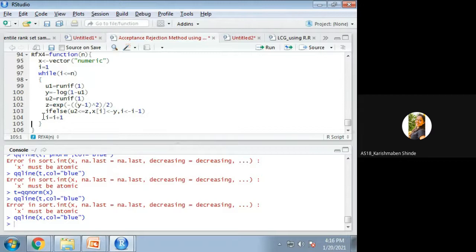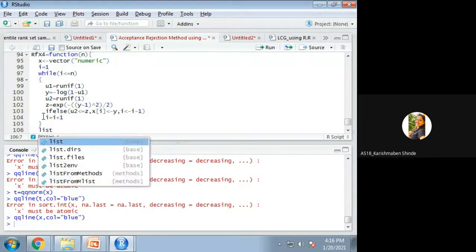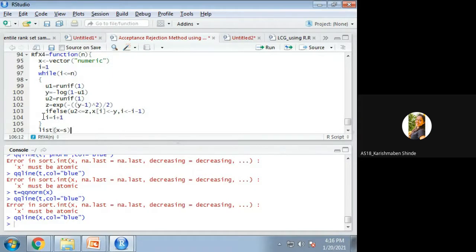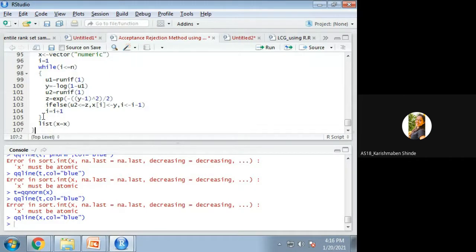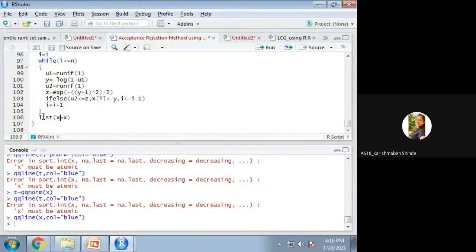And then I can write list x equal to x. Output equal to, let us try, then I will show you.